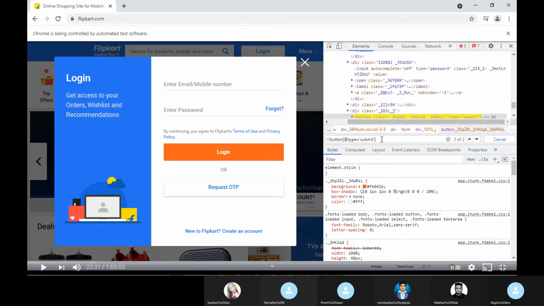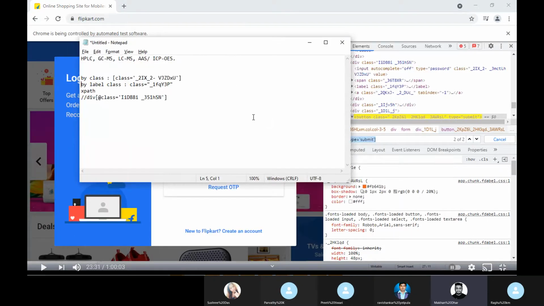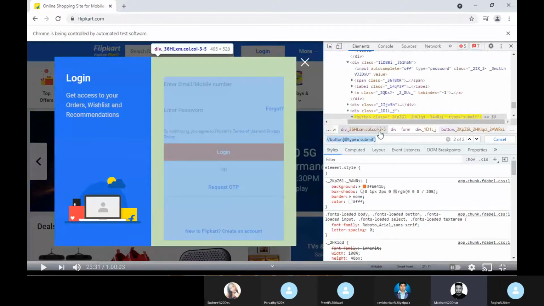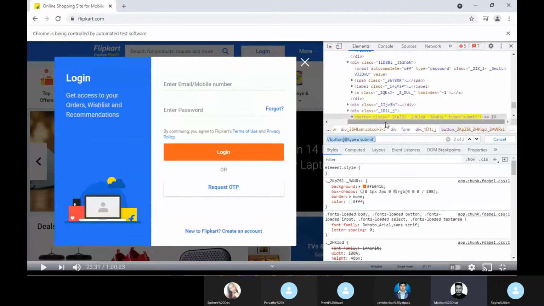This is the way you have to create the XPath, but it should always be one of one. Right now this is not unique, right? It is clicking somewhere else. Okay. I will cover all this today. Okay, Mukesh. Thanks.